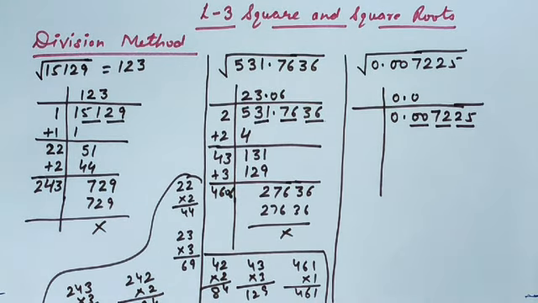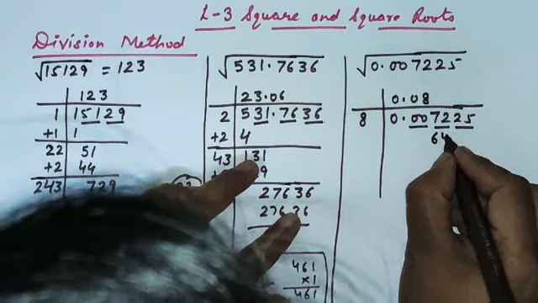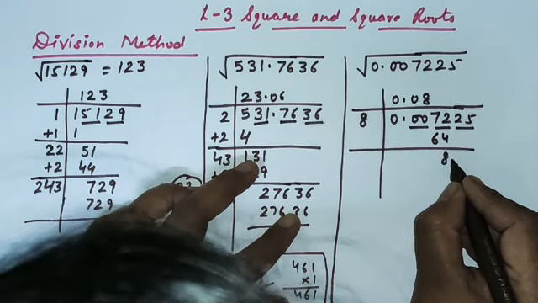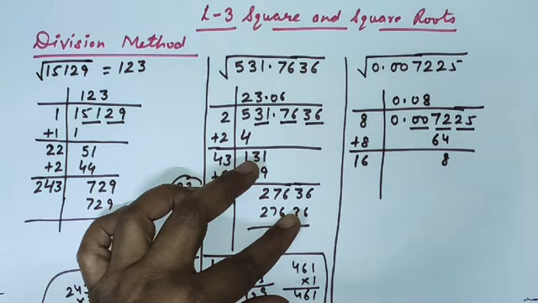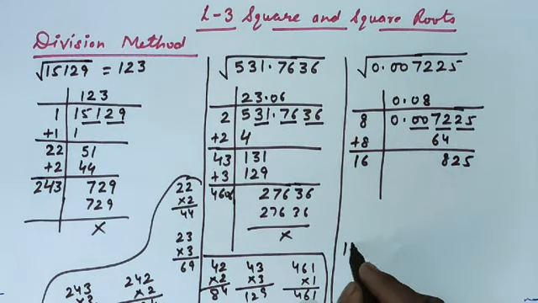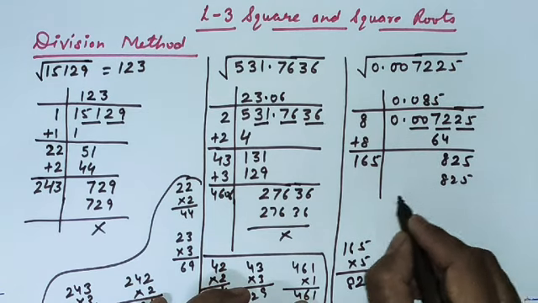Now I will see the square of which number is equal to or lesser than 72. 8 8s are 64, 9 9s are 81, 81 will be greater, so I have to divide by 8. 1 8 here, 1 8 here, 8 8s are 64. Now I will add this 8 here, so I get 16. Carry the next pair which is 25. Now by which number it will be divisible, because I have 5 at the last, so I will try 165. I will write 5 here and then I will multiply by 5. It's 825, so I will write 1 5 here and 1 5 here, 825.